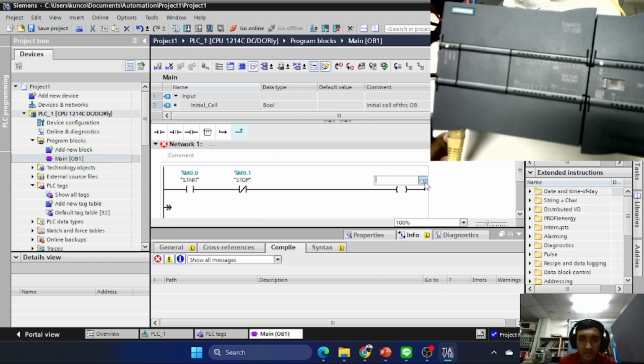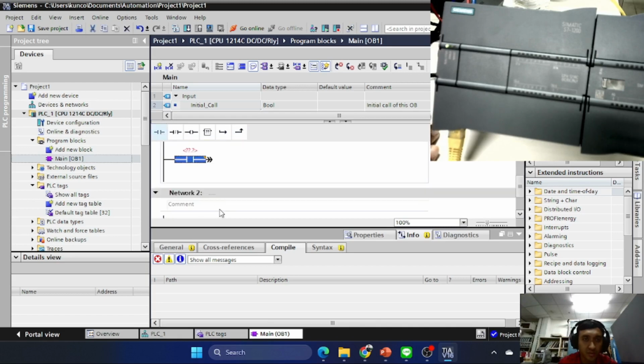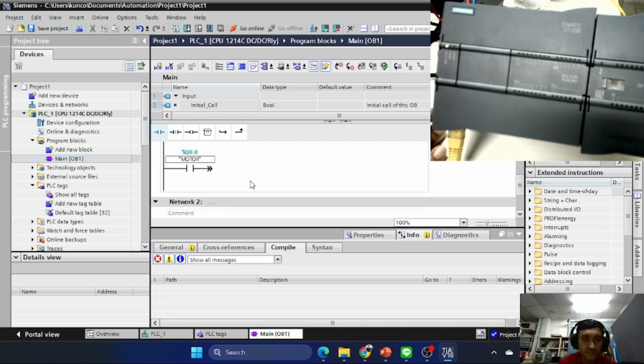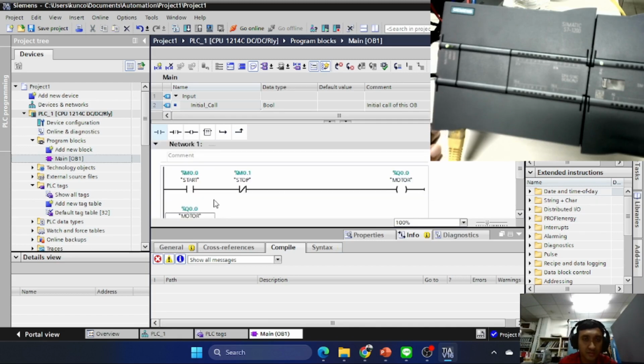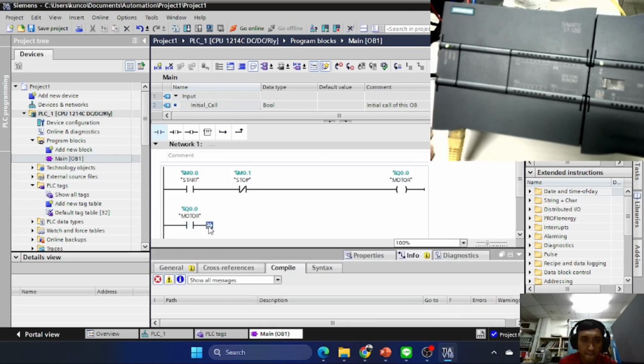Okay, this one is the motor. And for the second row, we can put the normally open motor contact. Okay, we can connect it to the first row, like this.